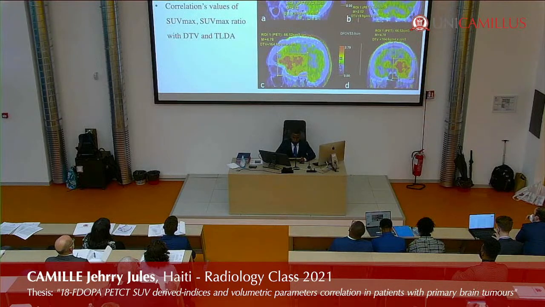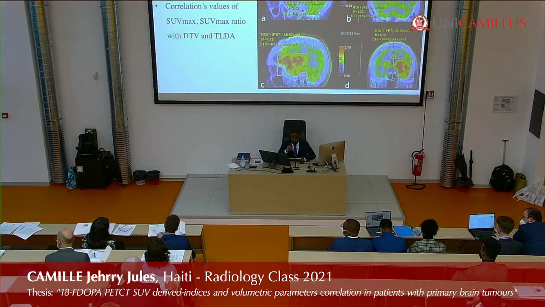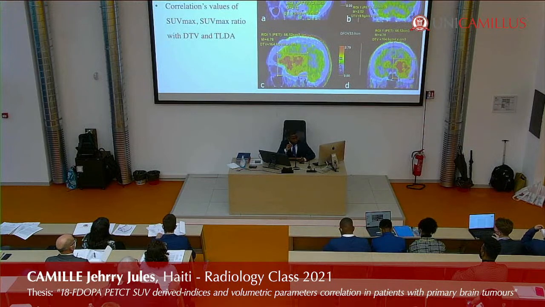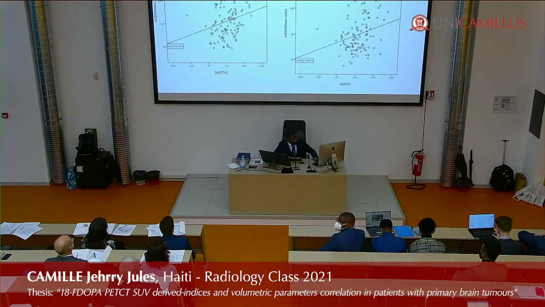About the result of the examination on the evaluation of 18F-DOPA PET, the evidence of correlation with the volumetric parameter, I will speak about the univariate analysis and correlation of SUVmax ratio with DTV and TLDA. A regression model was applied to the univariate analysis, that is shown here,